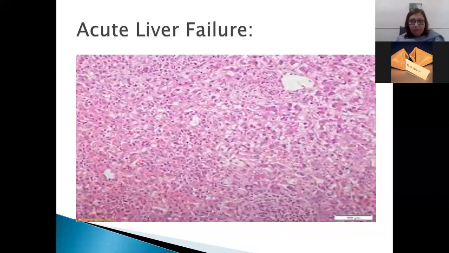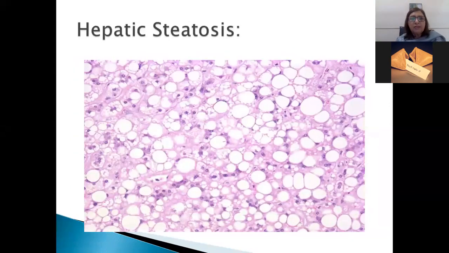This is again the same photomicrograph. This is hepatic steatosis, a fatty change in the liver. You can see this whole looks like a fat cell. These are the nuclei of the hepatocytes which are present and all of the cytoplasm is occupied by the fat. So this is called hepatic steatosis or fatty change in the liver. The simpler name is fatty change in the liver. You have done this fatty change in your general pathology lectures as well.